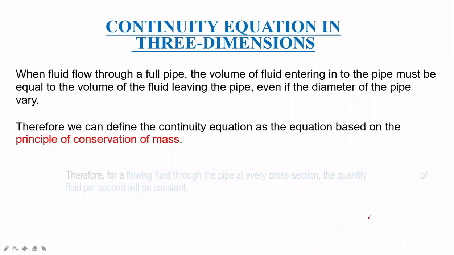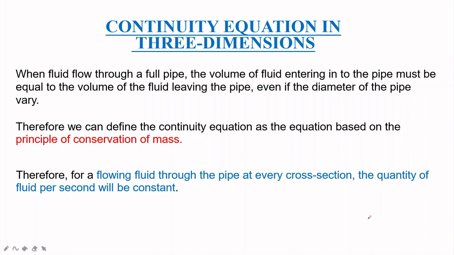Now, therefore, for a fluid flowing through the pipe, at every cross section the quantity of fluid per second will be constant. So therefore it is obeying the principle of conservation of mass. Then we can take that for flowing fluid through the pipe, at every cross section the quantity of fluid per second